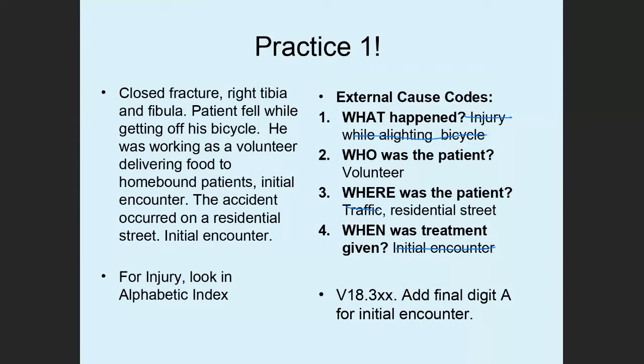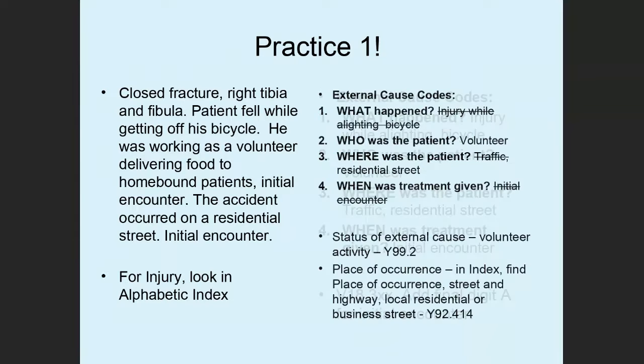But you see, we haven't indicated volunteer or residential street. We need to find a code for status, volunteer activity, and place of occurrence, residential street. Volunteer, residential street. So look up status of external cause, volunteer activity,